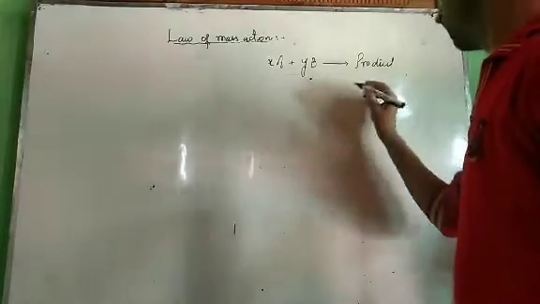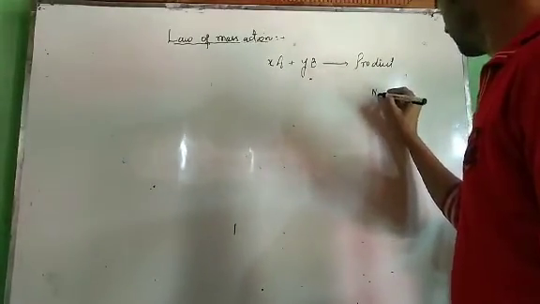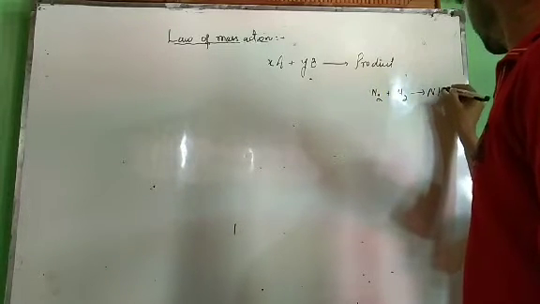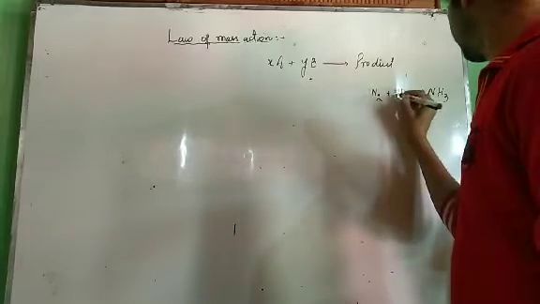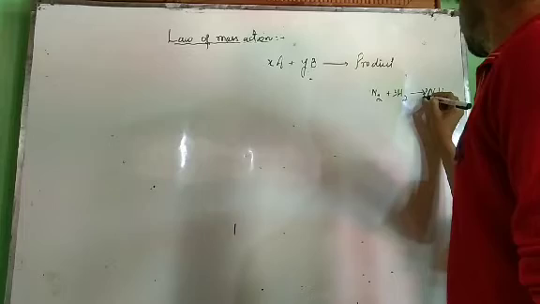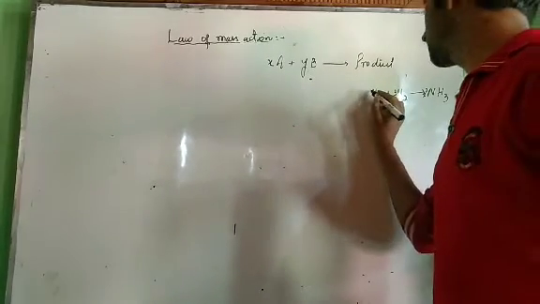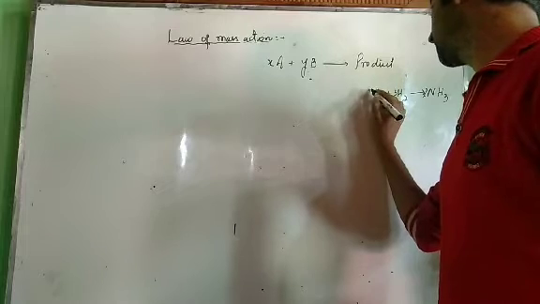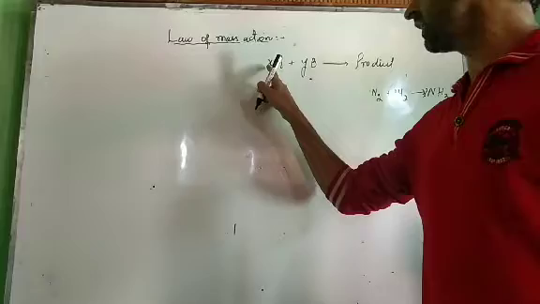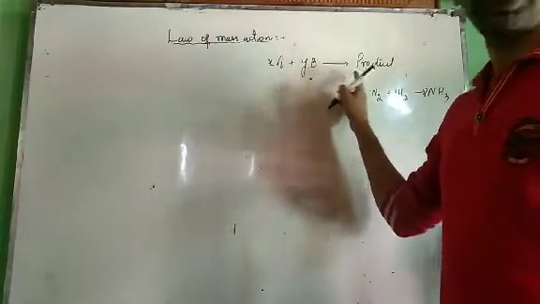For example, if I have a reaction like this, nitrogen plus hydrogen gives ammonia, NH3. Now this is 3 times. What is this 3? It is the stoichiometric coefficient of hydrogen. What is this 2? It is the stoichiometric coefficient of ammonia. What is this? There is nothing, which means it's 1. This 1 is the stoichiometric coefficient of nitrogen. Similarly, x is the stoichiometric coefficient of A, and y is the stoichiometric coefficient of B.